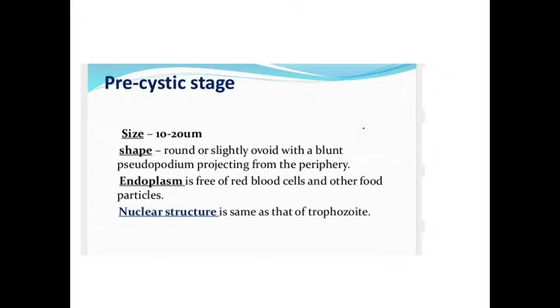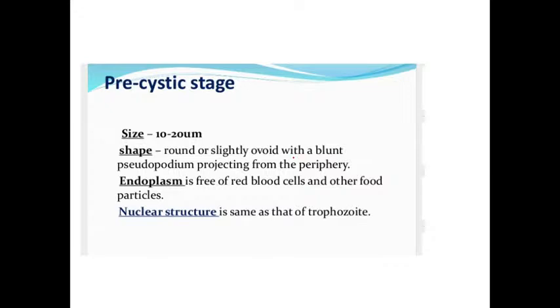So that is about the trophozoite stage. Now coming to the pre-cystic stage. I said there are three stages: one is trophozoite, one is pre-cystic stage, and the third one is cystic stage. Pre-cystic stage: the size is 10 to 20 μm. The shape is round or slightly ovoid, with a blunt pseudopodium projecting